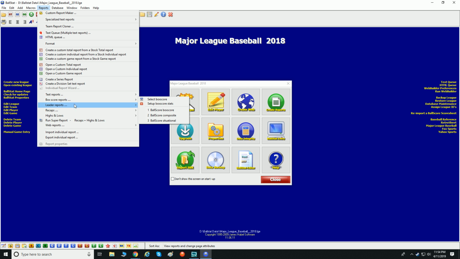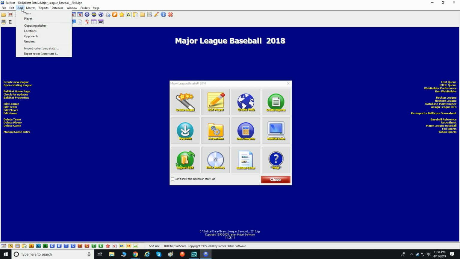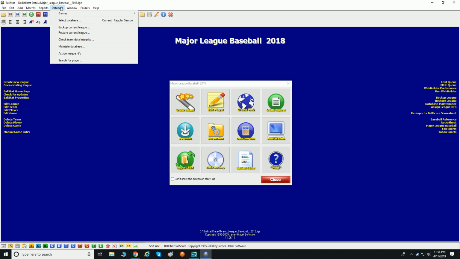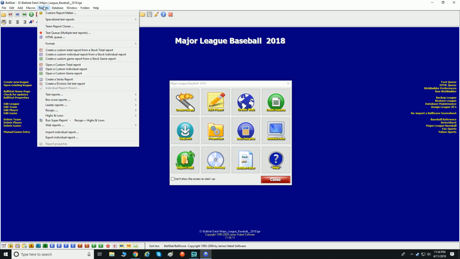Ball score reports, leaders. Macros. You can add teams, the leagues. I don't know. I haven't really figured it would be just like show the report. It will show you all excellent box scores.